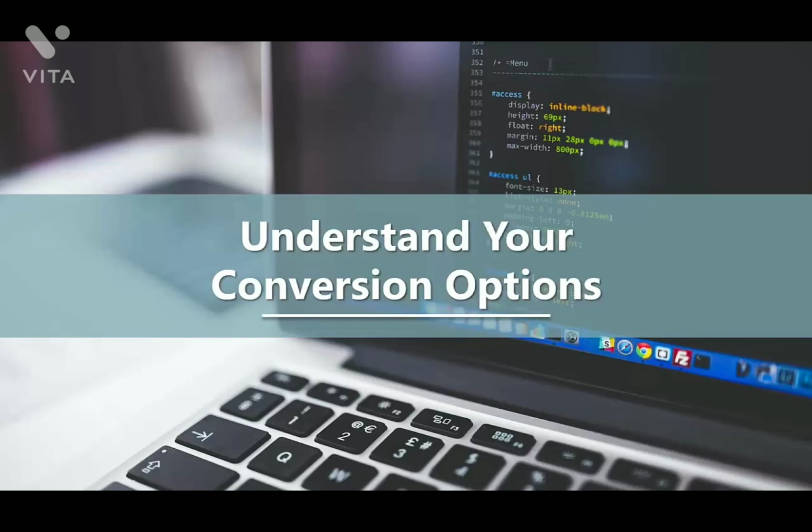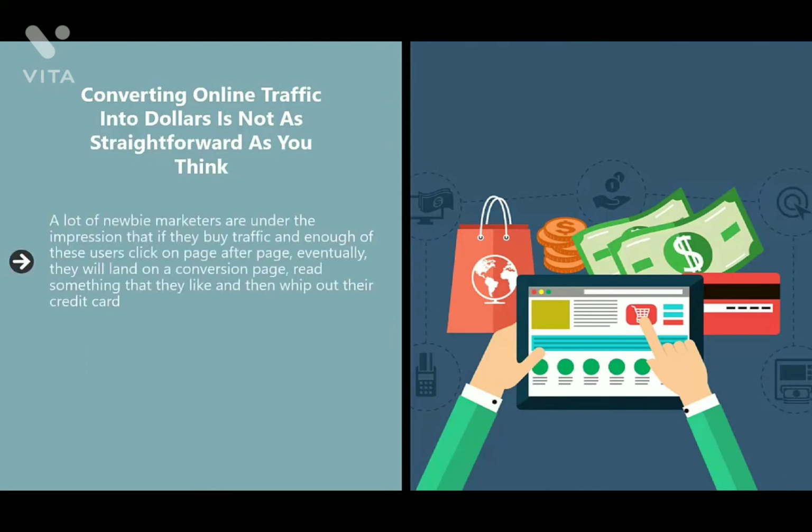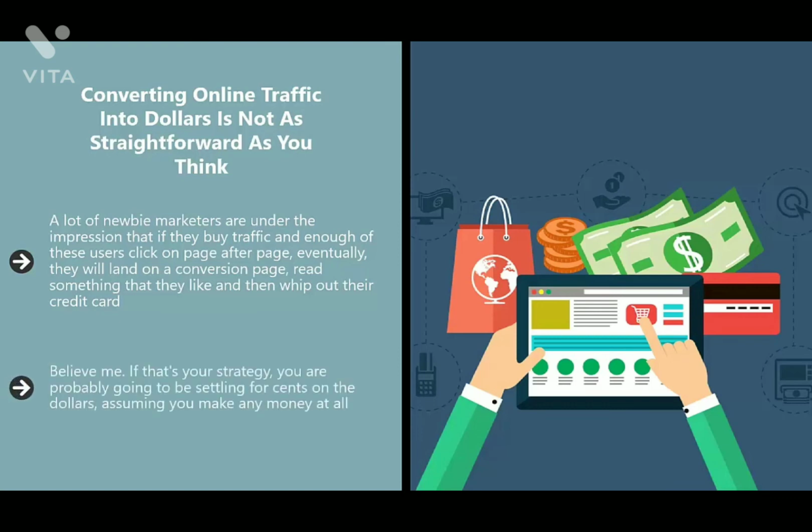Understand your conversion options. Converting online traffic into dollars is not as straightforward as you think. A lot of newbie marketers are under the impression that if they buy traffic and enough of these users click on page after page, eventually they will land on a conversion page, read something that they like, and then whip out their credit card. If only things were that simple. Believe me, if that's your strategy, you're probably going to be settling for cents on the dollar,